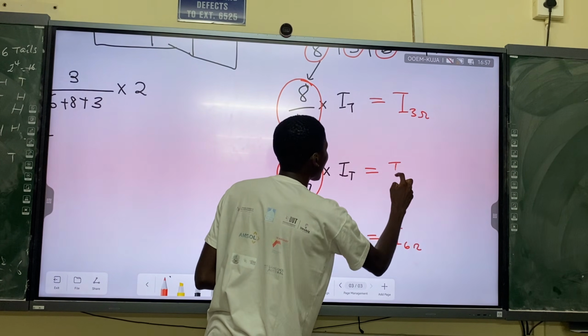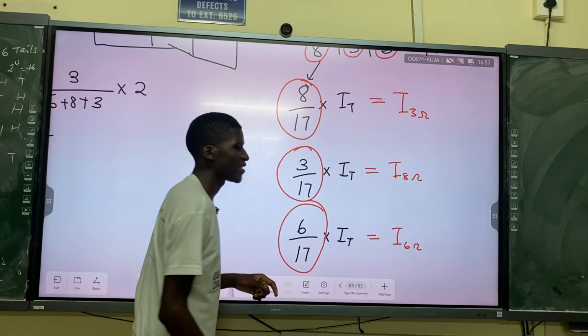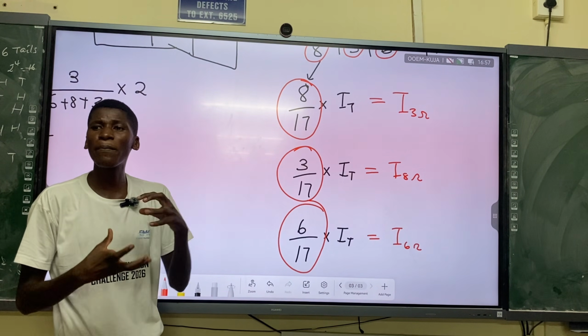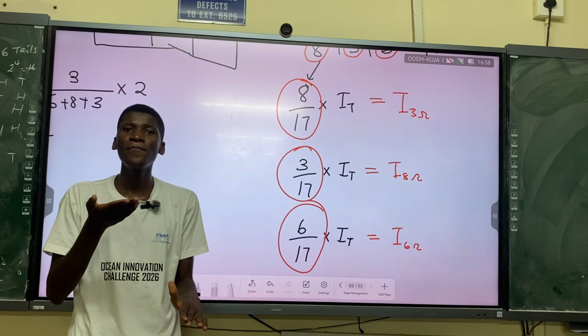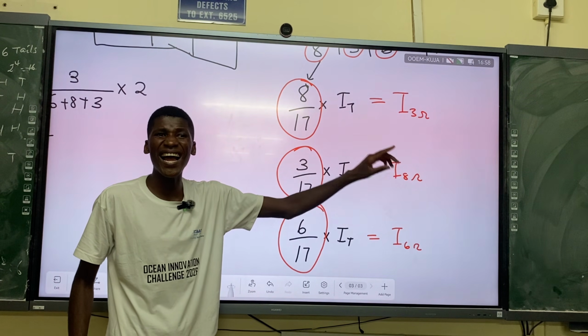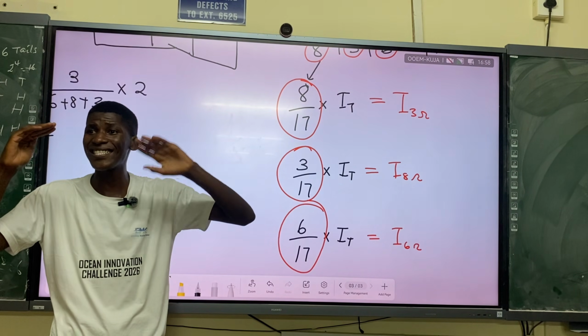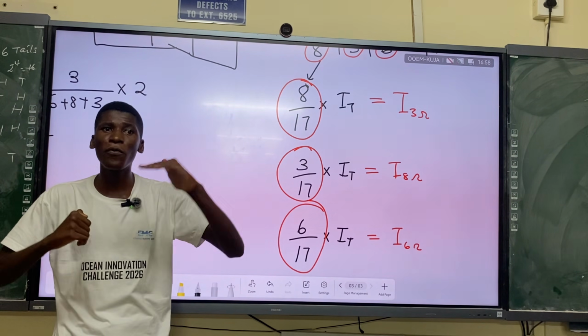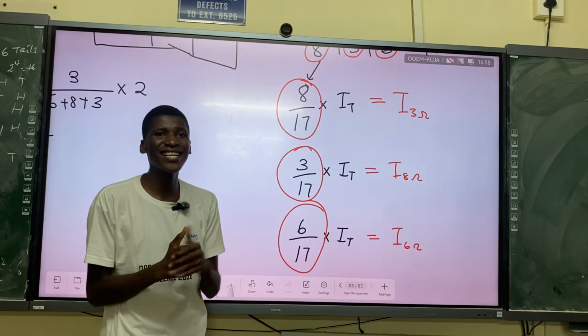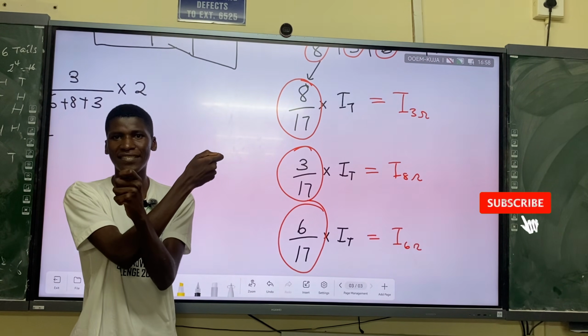It will be the current in the what? The 8 ohms resistor. Don't match last with 8, last with 3. No. You look at the portion because these are inversely proportional. Because once I see this is 8 over 17, so 8 ohms resistor, you are missing the point with the current and resistance. They are what? They are inversely proportional. They act opposite. So they cannot have a straight line relationship. They must actually be inverted.